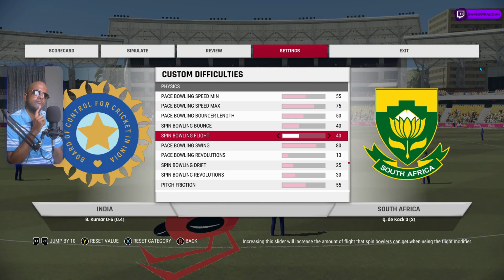I have seen the difference when it was editable, unlocked during some patch before. It was editable, no issues whatsoever. And during the initial phase, Money would make a certain guy have a certain mentality, and it actually worked really well. Like I don't like Anderson bowling bouncers in the first over itself, which is damn frustrating. A guy who has swung the deliveries throughout his life, how can you make him bounce in the first